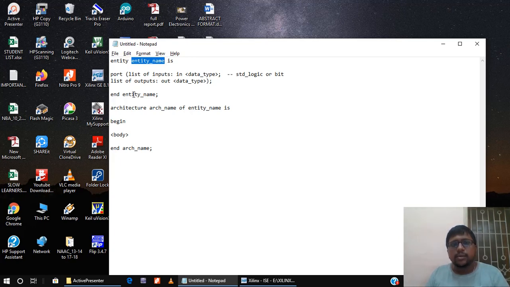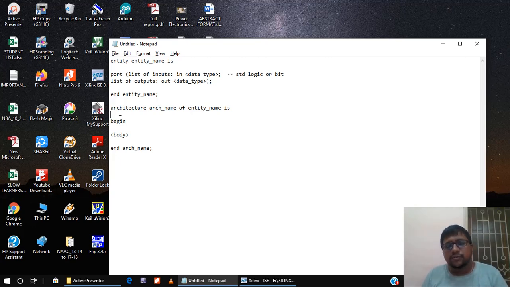After that, the main program at all the three abstraction levels is written inside the architecture. So for that, you write architecture as a keyword, then the architecture name, that is nothing but the identifier you are giving, of which entity you are using for writing the architecture. You have to write the name of that. So this is an entity name, and the same name I have to write over here, then is. Then any declarations, if they have to be done, have to be done before the begin of the architecture. Let me say in Verilog, you declare wires. The same, internal connections can be declared over here in the case of VHDL also, but before the begin of